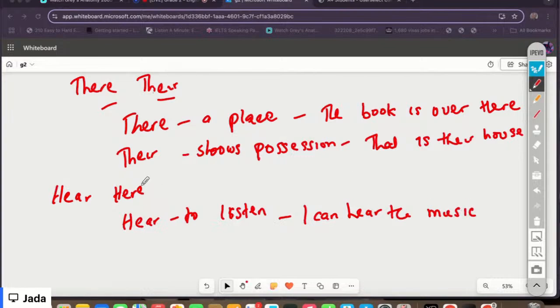Something like this. Here, here. And then this one just means a location, okay? So the one with E to E means a location. The other one with EA means to listen to something, to hear something. So it's like saying,